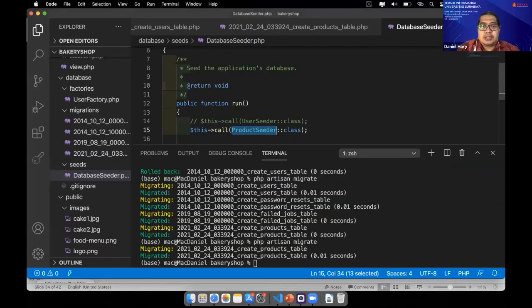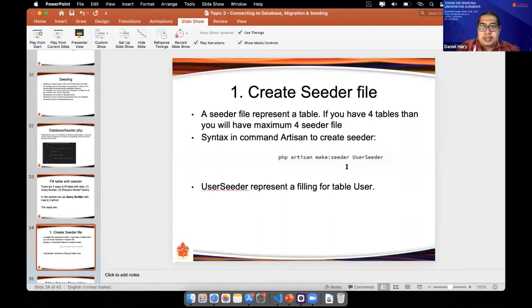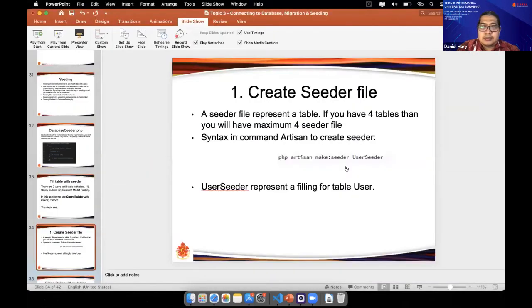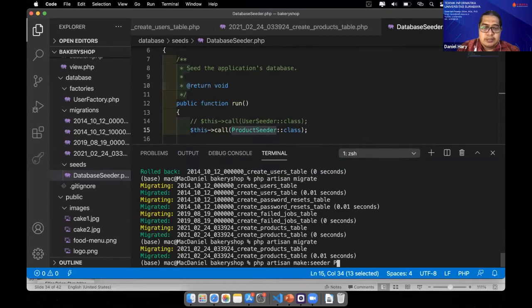So if we want to create the product seeder, we run php artisan make:seeder ProductSeeder, with capital P and capital S. I will put it in chat.